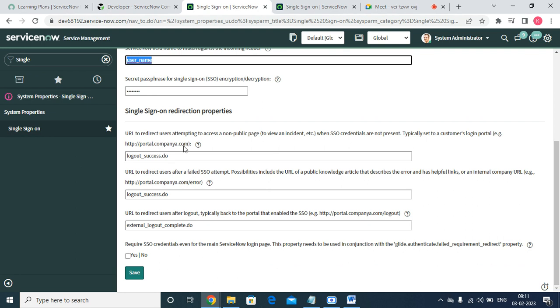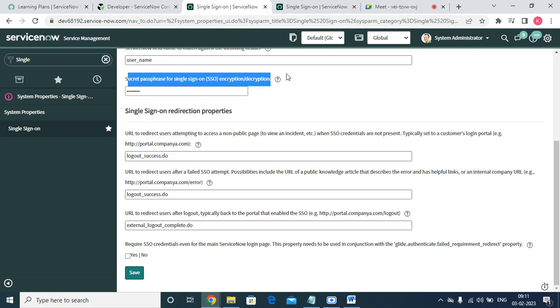Now what we have to do is the password. It is encrypted, so it will not show you the password, don't worry. The next one, what we have to do is